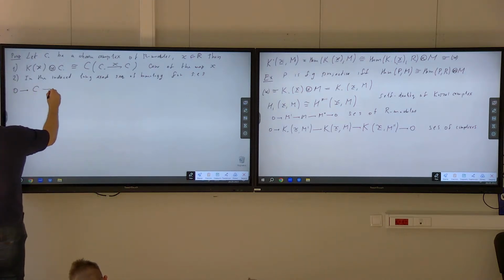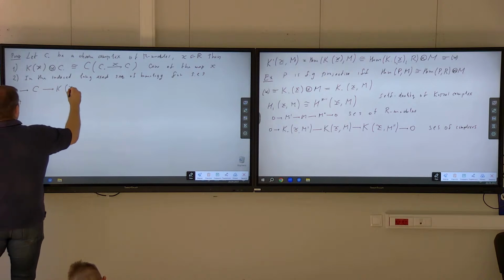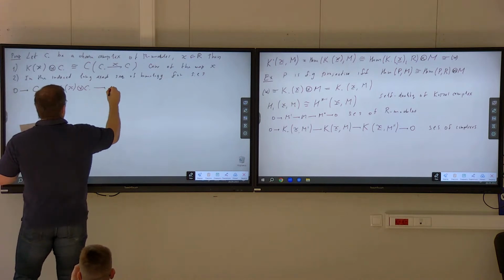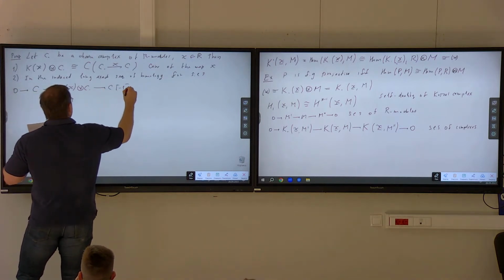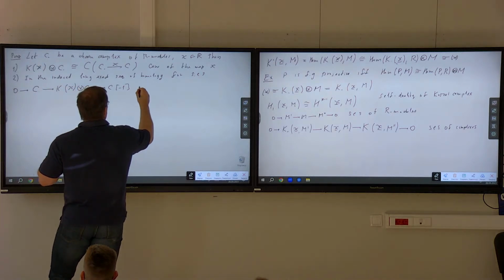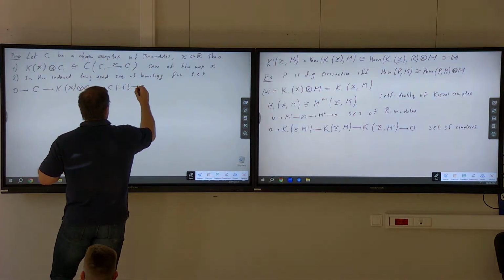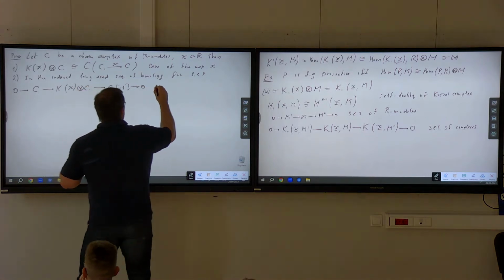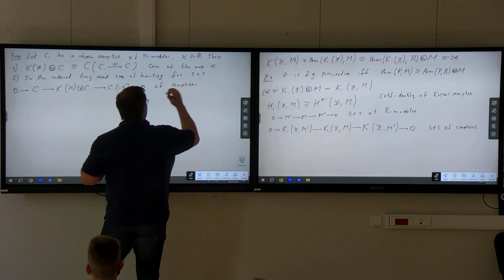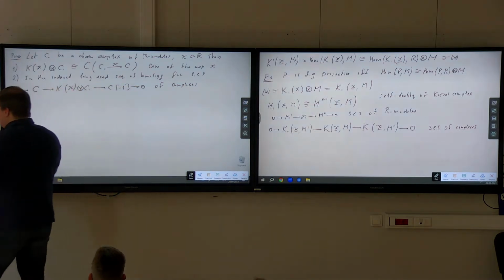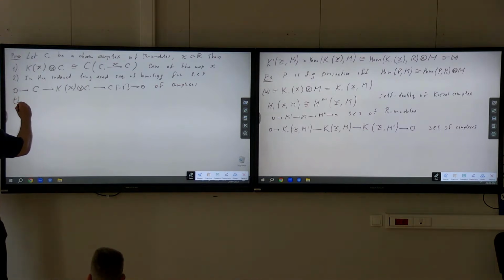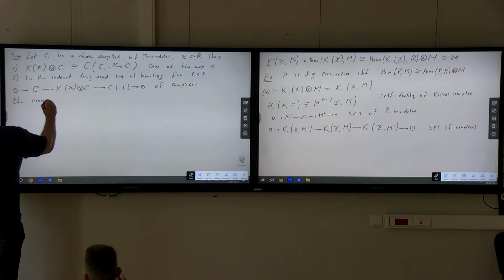So first of all I have the short exact sequence of complexes, and then for this short exact sequence of complexes I can look at the long exact sequence of homology. I have the following claim, that the connecting